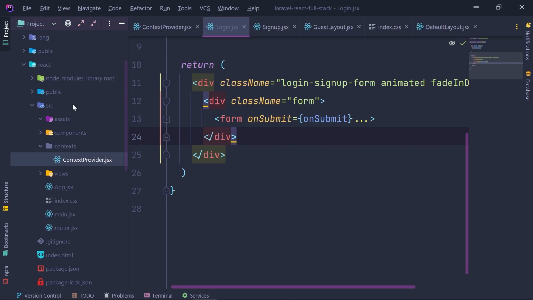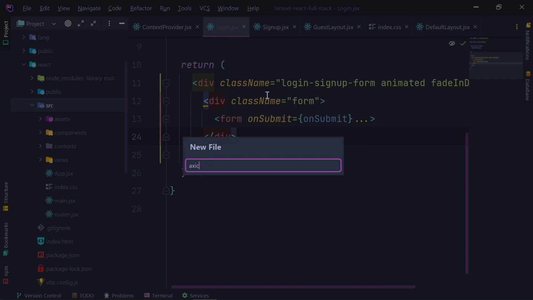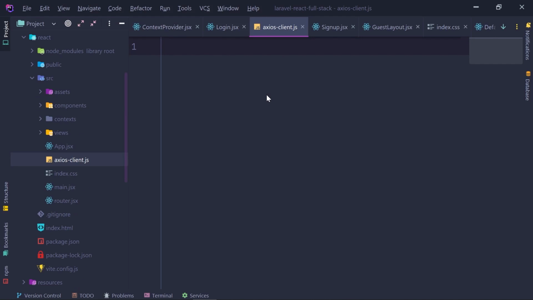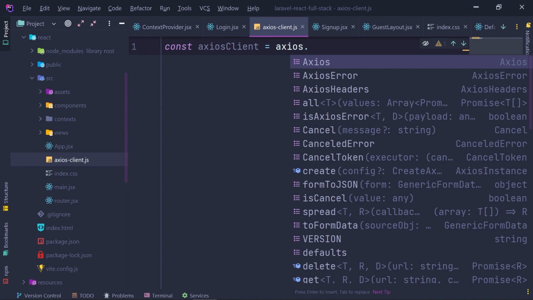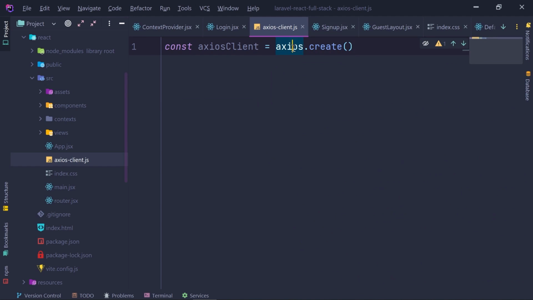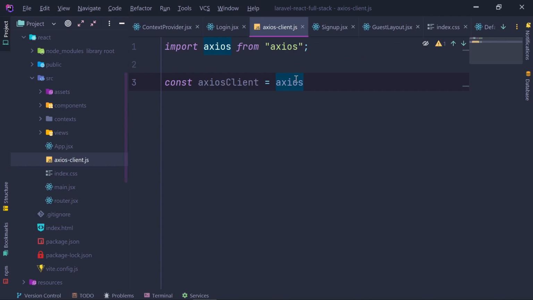And in my source folder under React, I'm going to create an Axios client, axios-client.js. Okay, and why do I need this? I'm going to explain every step of what I do right here. So first of all, we need to create an Axios client, which will be axios.create. And that Axios needs to be imported. So let's just delete the last letter and hit Control and Space. And then this is the import you need to write. Okay, import Axios from